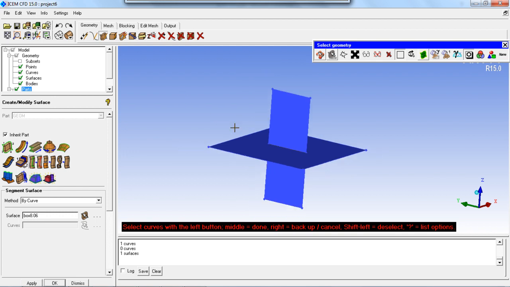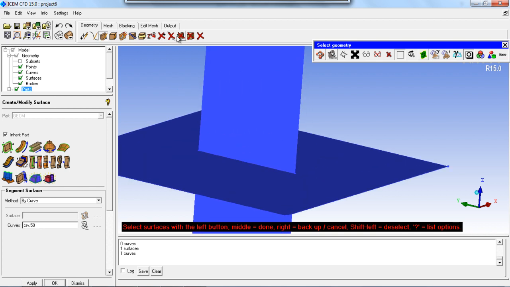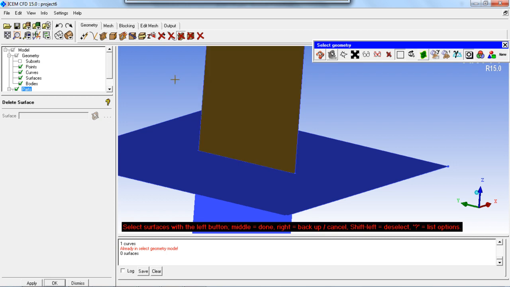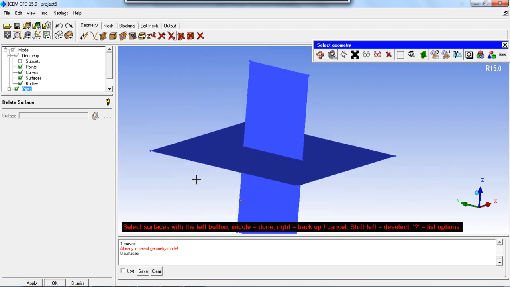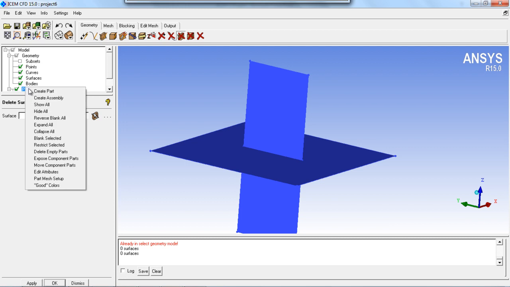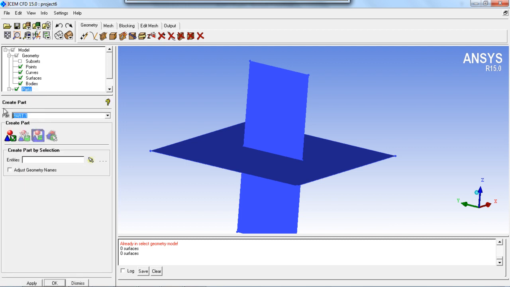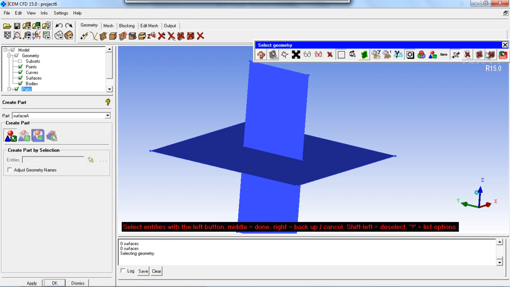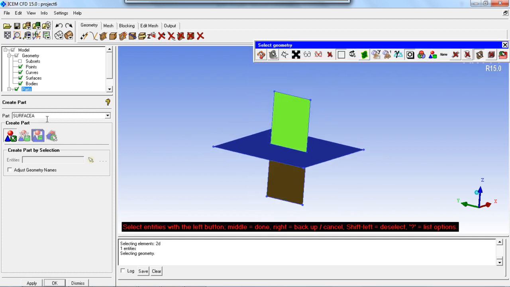Select the curve. Now you can see we have the two surfaces, one and then two. You can create a different name for these surfaces, surface A, surface B, and the surface D, for example.